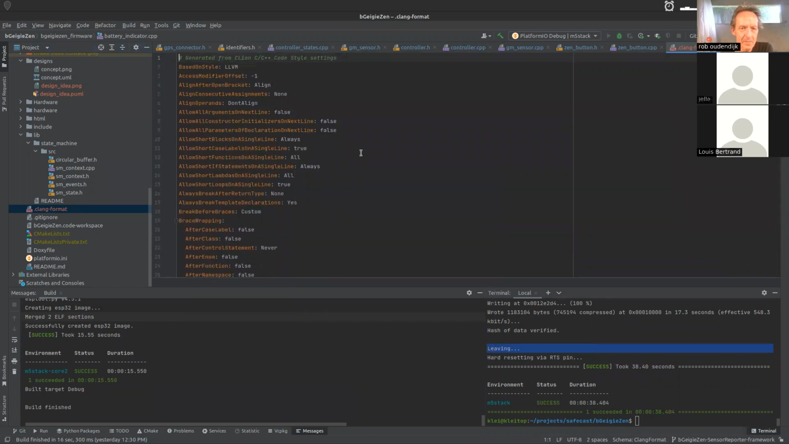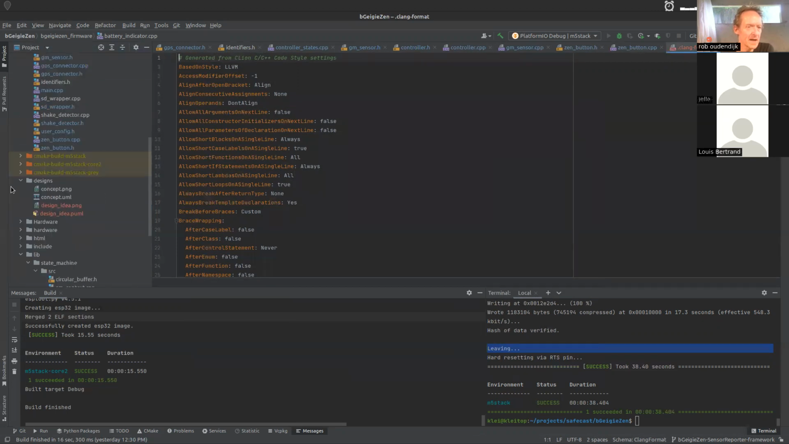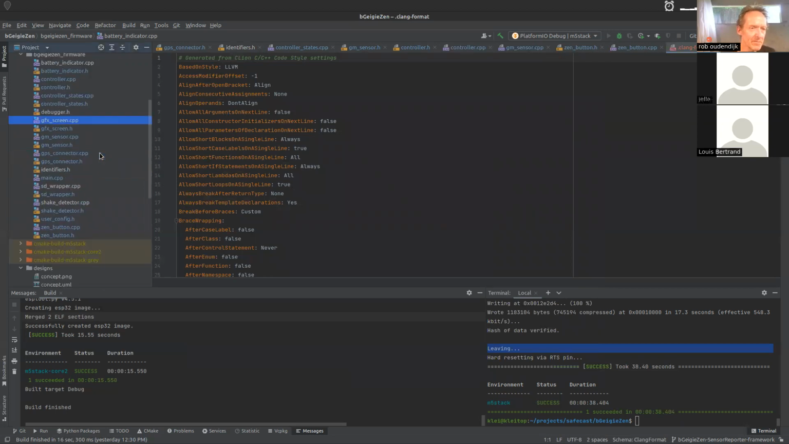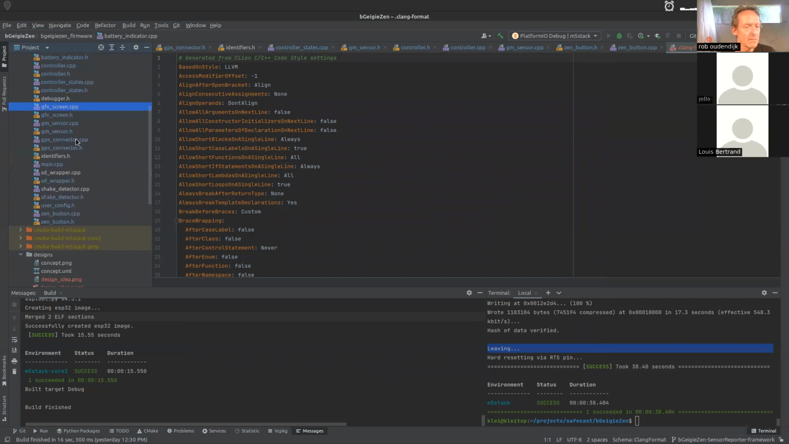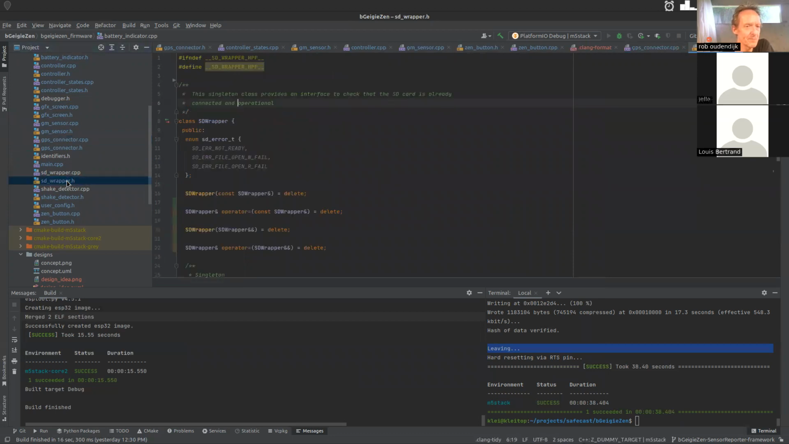VS Code will read that file? VS Code can import. Yeah, Clang format is like universal. Okay. You should be able to pick that up. Yep. Okay, cool. So then we are at least at one format. Let's say this one. It's good. Yes. Okay. As for the SD card wrapper,